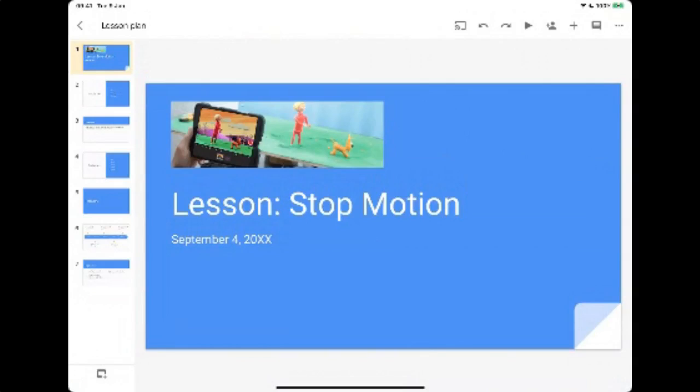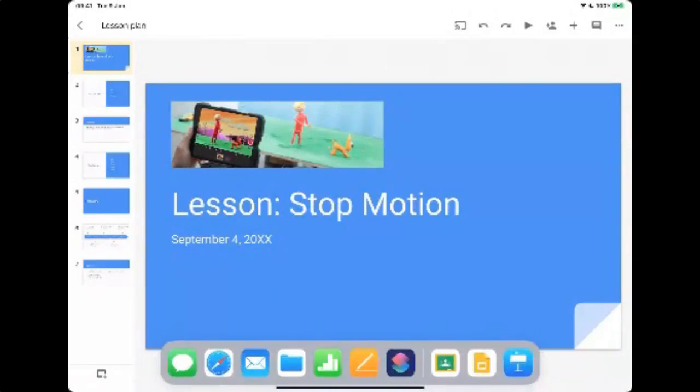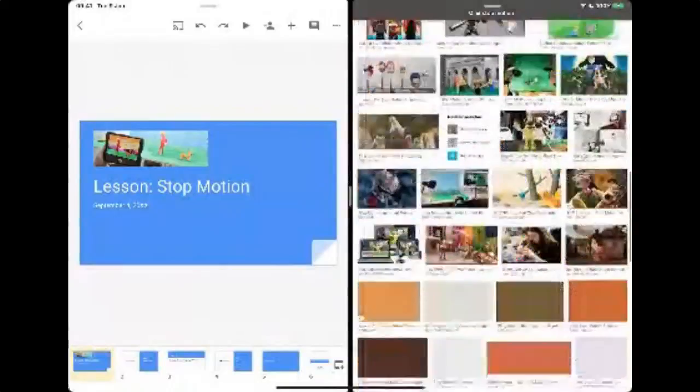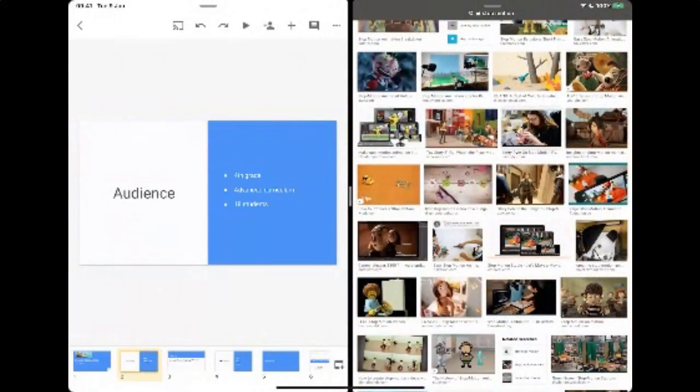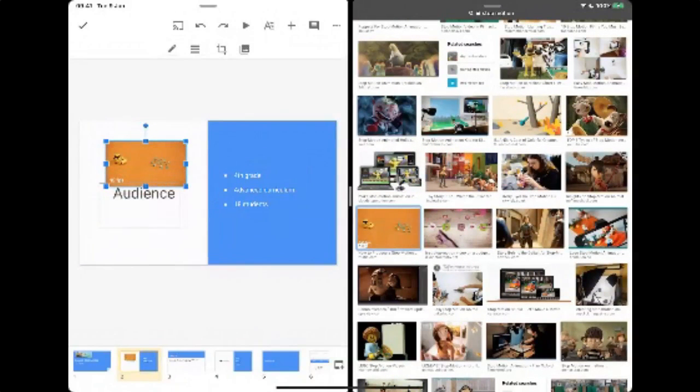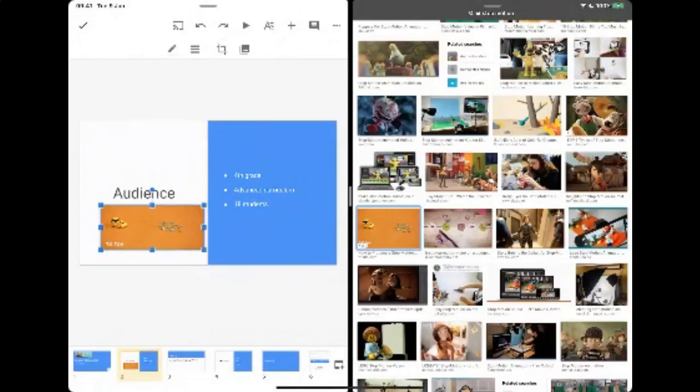So I can build quite quickly within these apps. Now, if I was doing this on a PC or on a Chromebook, you might argue the app itself has more functionality, but actually, if you look beyond the functionality of the app itself and you look at the functionality of the device, if I go to split screen and I just drag and drop up here, I've now got Safari open. I've done a search for some stop motion images. I want to use that imagery within my lesson plan or whatever it might be. And now I can just drag and drop,